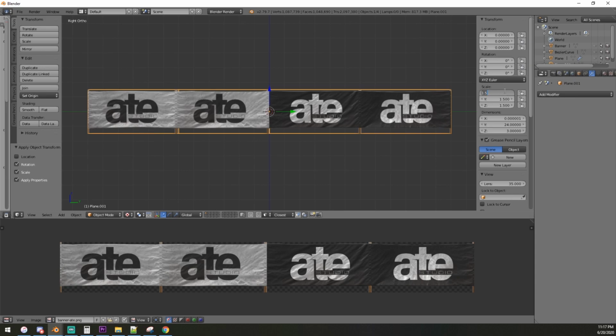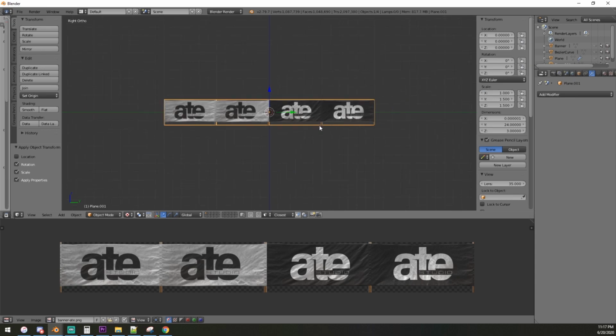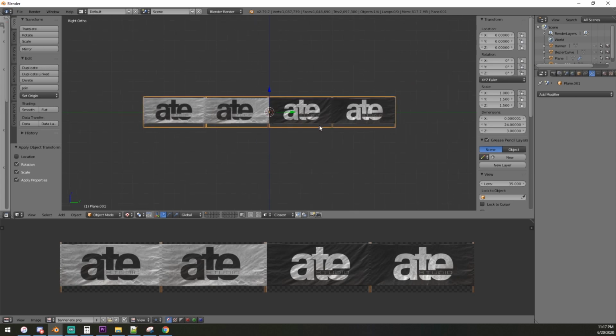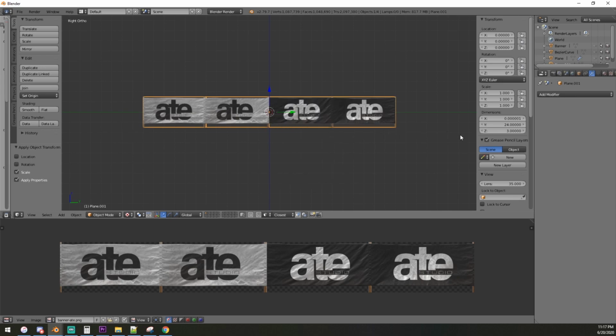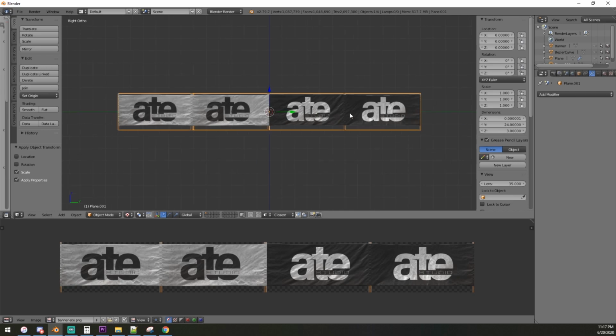Actually, this one can just be 1 because it's a solid plane. Probably shouldn't even have gone into it. Hopefully I didn't confuse anybody with that. But now, apply that scale. 3 feet tall, 24 feet long, and the last part we have to do is make sure